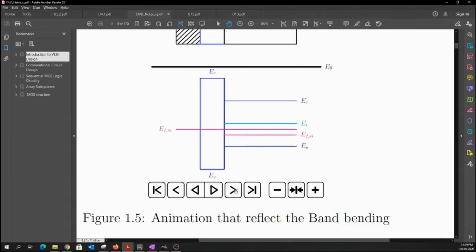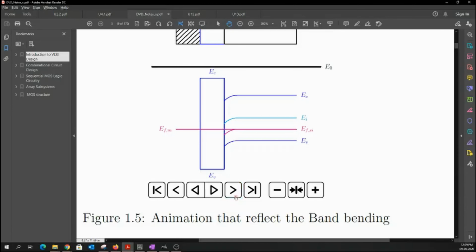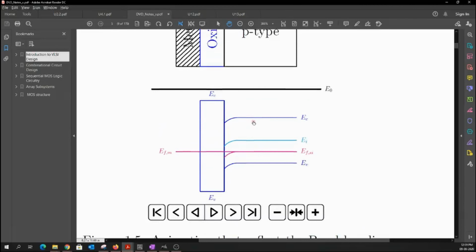Yeah. But the Fermi level that I have across the semiconductor can modify, okay? So now what happens is that right now, you could see that the Fermi level of my semiconductor, which is on the right side, tries to get aligned. When it tries to get aligned, it is not only the Fermi level that gets shifted, but even my valence band as well as the conduction band also shifts up. Okay, but it is only across the bulk. Okay, it is only across the region away from this interface.